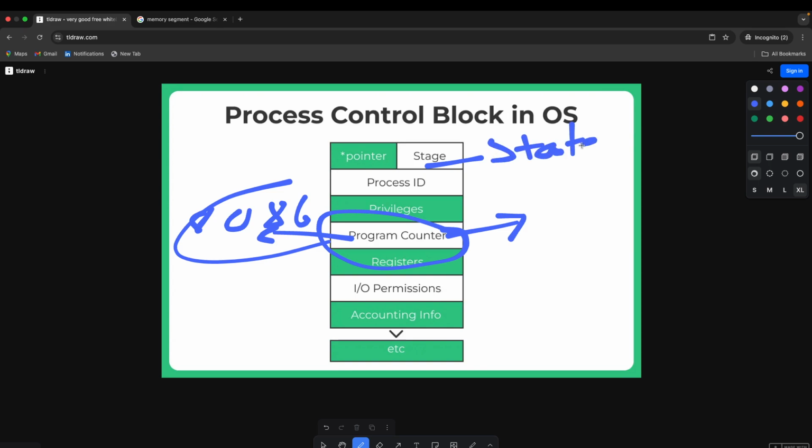You can have different states. Process ID is a unique identification for each process. You need to uniquely identify which process we are currently executing.